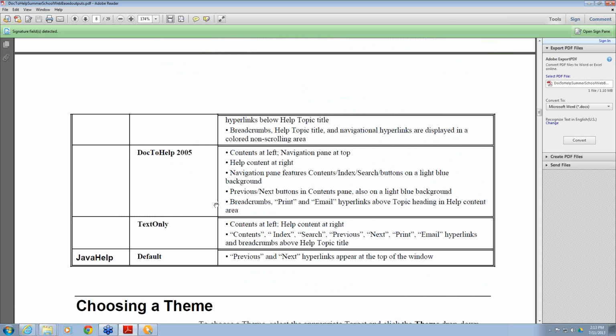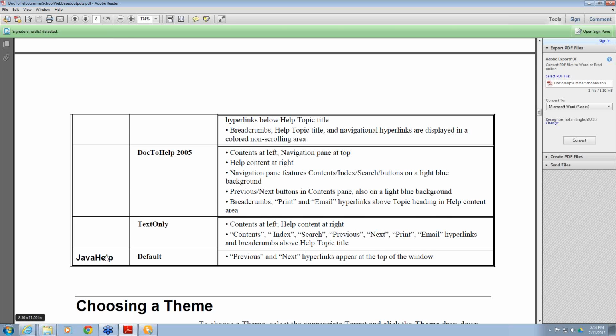So if you printed this up or if you've got it open as a PDF, you might dog ear one of the pages or use a sticky note to mark this. This table is just a good reference for all the different types of themes that are available, what they look like, what the different interface elements are,